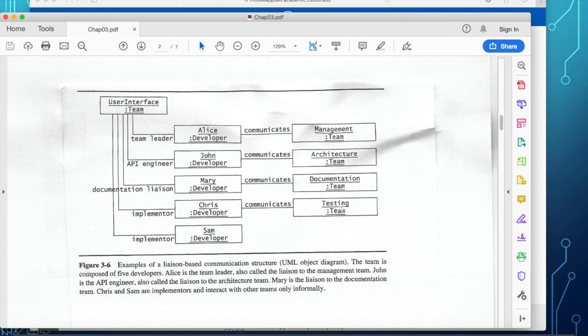So in this simple diagram, you can actually see the interfaces or communication structure occurring in your project organization.